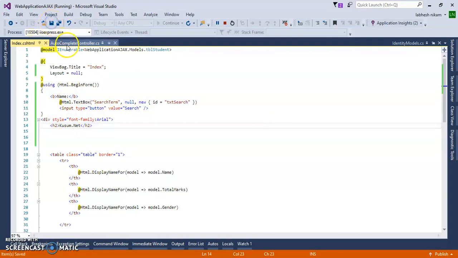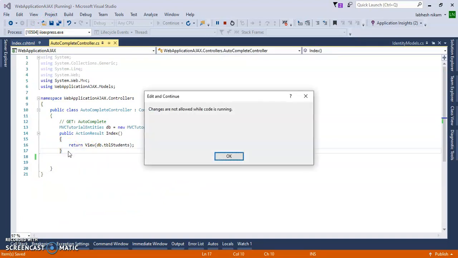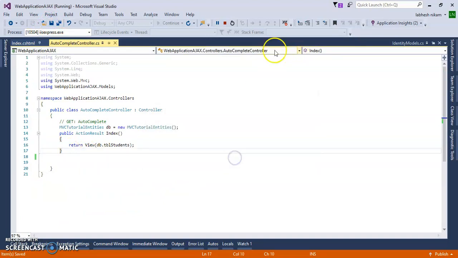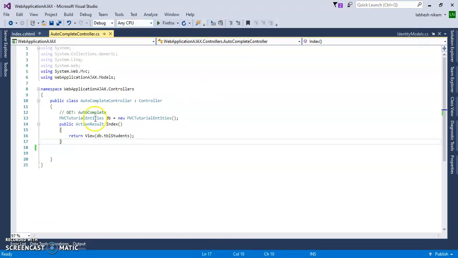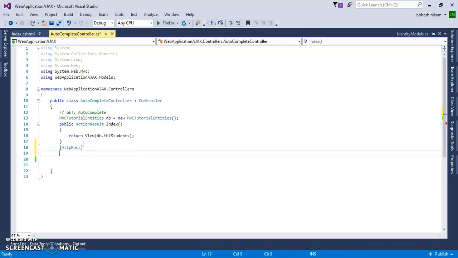Now we will go to the controller side and add the post method to search the record, whatever we type inside of the text box. For that we will add this HttpPost, and we'll add this same index method here.